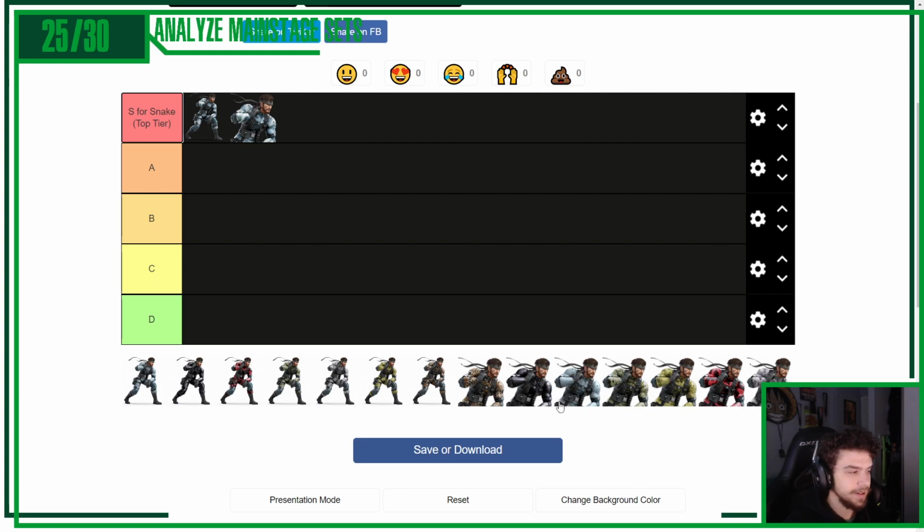I can't lie, because it makes sense. I mean, he's literally wearing camo, right? That's the job. Anyways, going into the next variant, the only other S tier, this one, the red one,